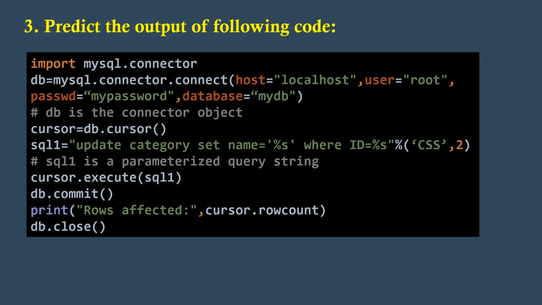This table should be present in some database. That database name you have to pass while creating the connection object. Now you have to call the execute function. Within the execute function, the query string is passed, and now it is printing how many rows are affected by this query. As you know, this is just one update statement where one particular name will be updated, where the id is 2. So the output is number of rows affected is equal to 1.